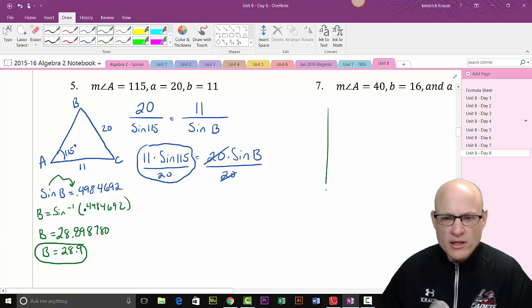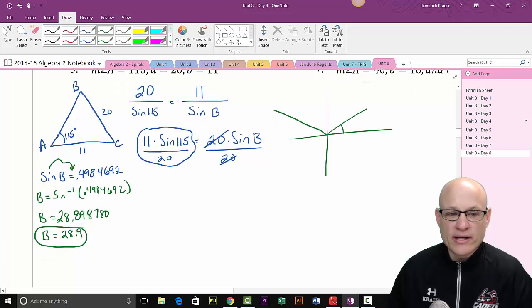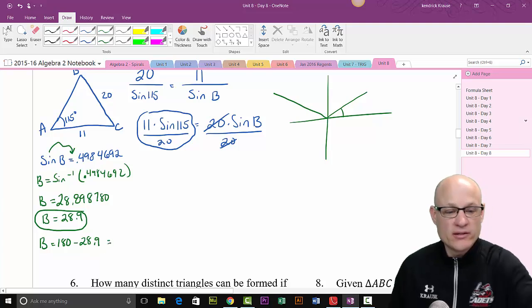Now here's what I was talking about. That 0.489, that's like a half. That's almost a half. Isn't that close to 30 degrees? That 0.489, that's this angle. Well, what about in the other quadrant? Remember, it can either be 28.9, or b can equal 180 minus 28.9, which is